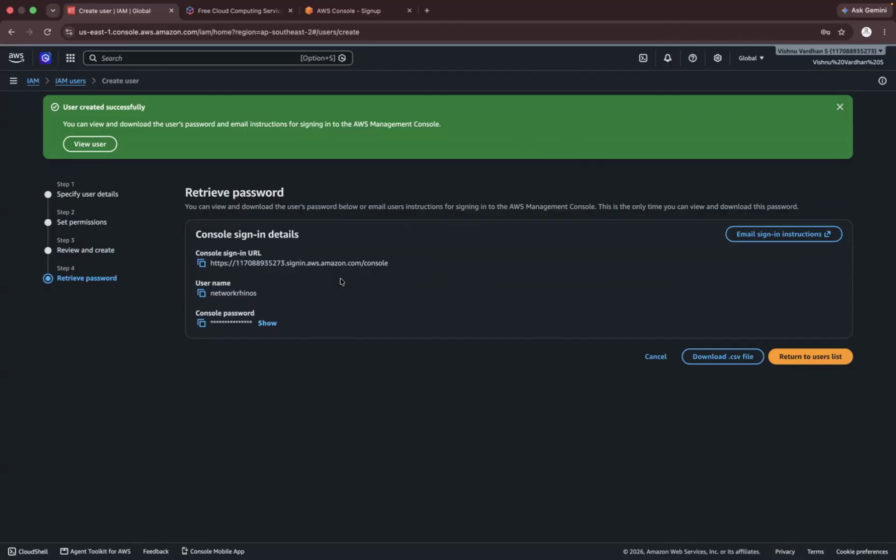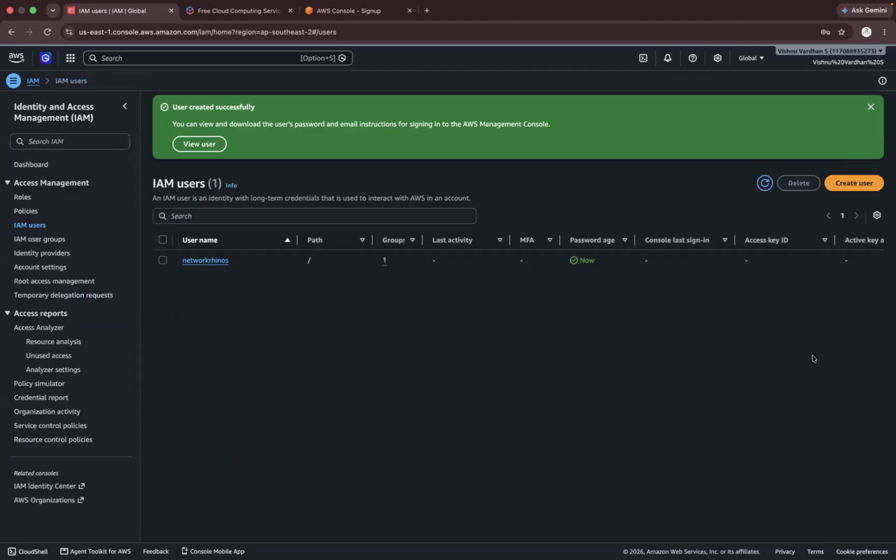Now, if you want to practice the lab, you can also practice the lab. That's a password. So those who are watching online, just to have a basic overview of a free AWS console, you can take a screenshot also, and you can check out this lab later on. Welcome at 123, that's a simple password. Okay, that's it. I can click on return to user list.